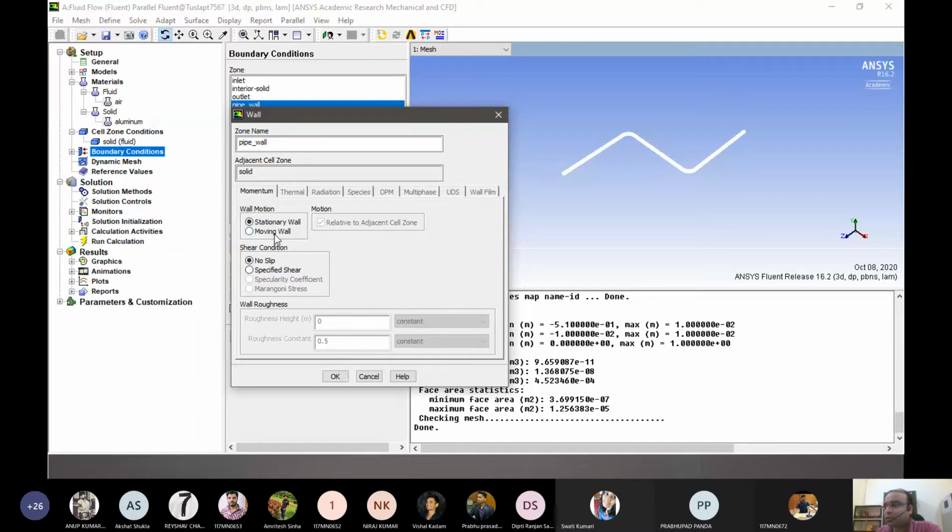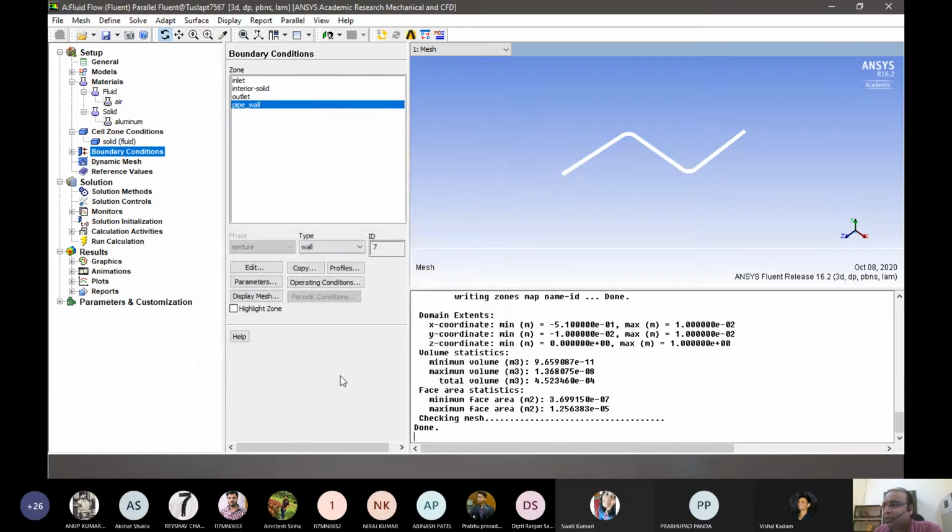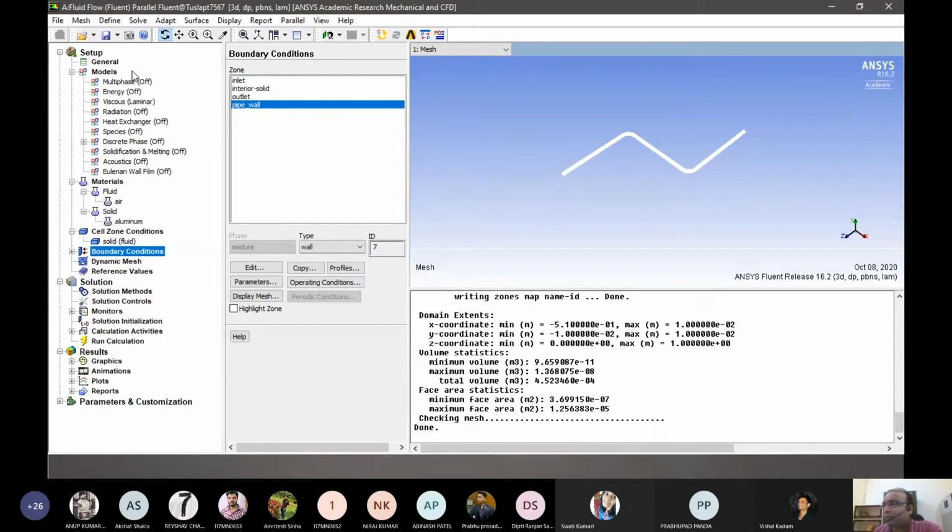So that allows how much structural stress there is, that also can be seen. And how much slip is there, how much friction is there, all these things can be defined. So let's keep that as okay, whatever is there. And I think for boundary condition, that's it. Then we also have to select what kind of method we use.